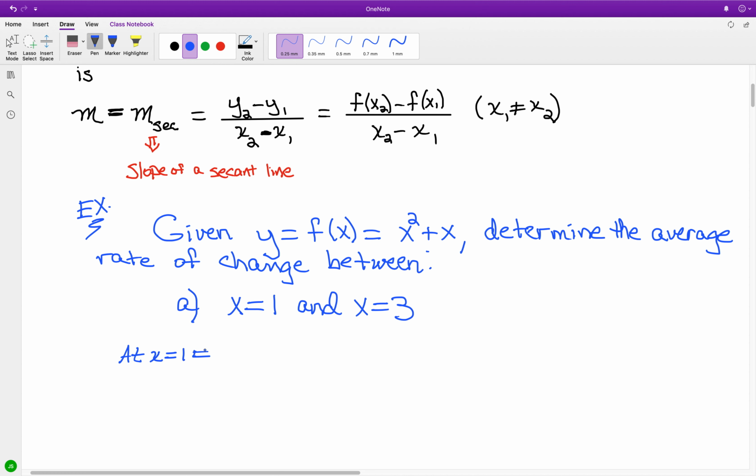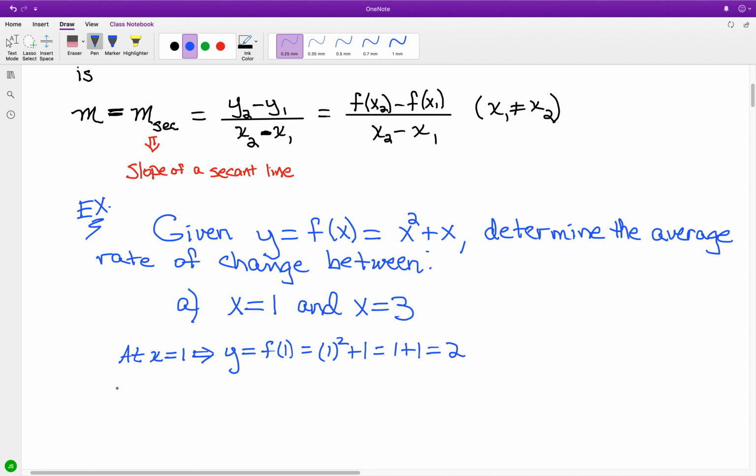we're going to have for the corresponding y value, y is equal to f of 1, and for f of x equals x squared plus x, if I plug in 1 for x, we have 1 squared plus 1. 1 squared plus 1 is 1 plus 1, which is equal to